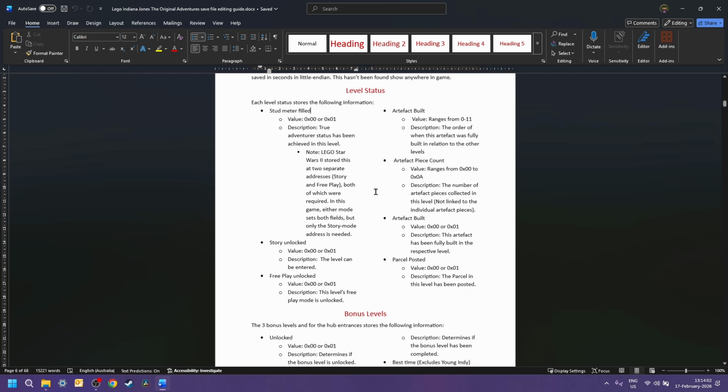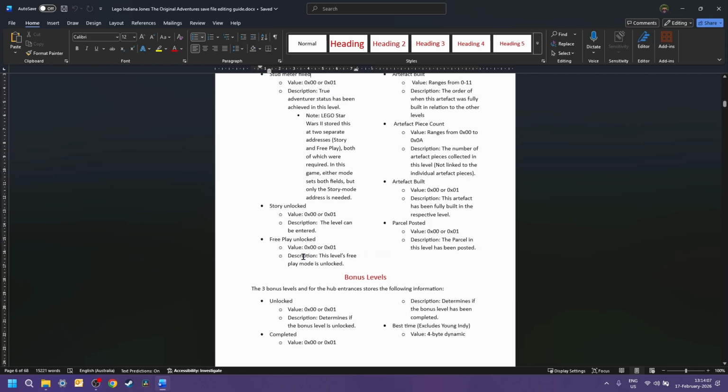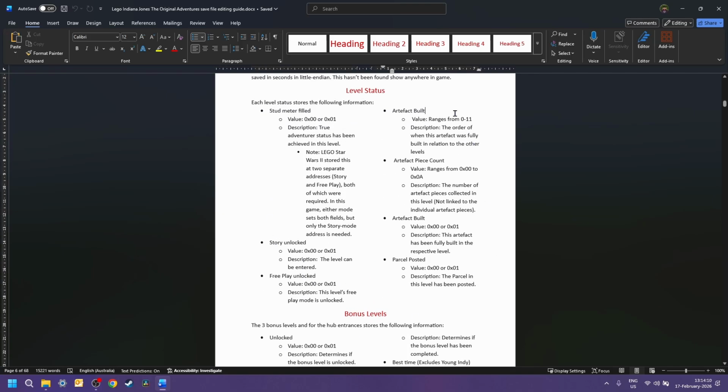And then level status, stud meter filled goes before story unlocked for some reason, and then it goes normal order. Artifact builds will range from 0 to hexadecimal 11. Say if I build the artifact from Raiders of the Lost Ark into the mountains before the Lost Temple, that will show as 00, and Into the Mountains will show as hexadecimal 01.